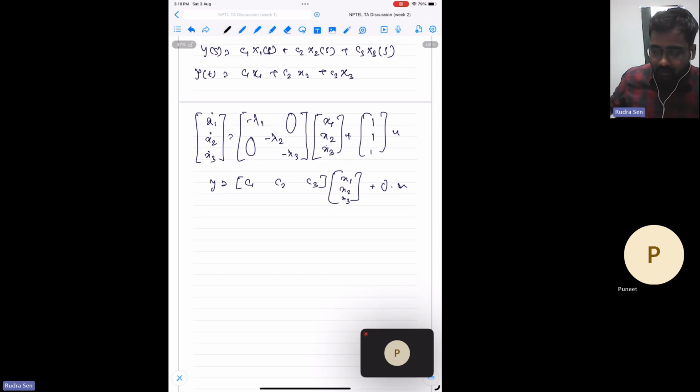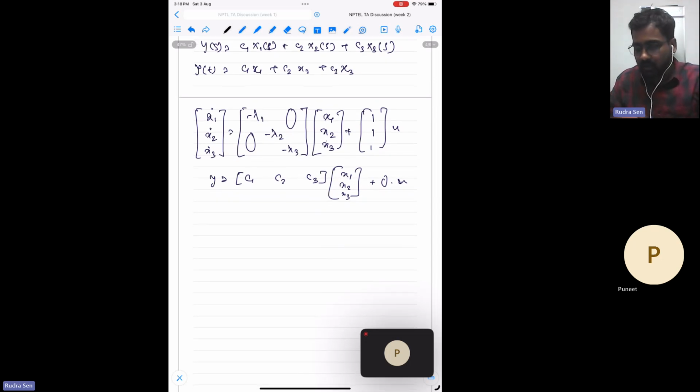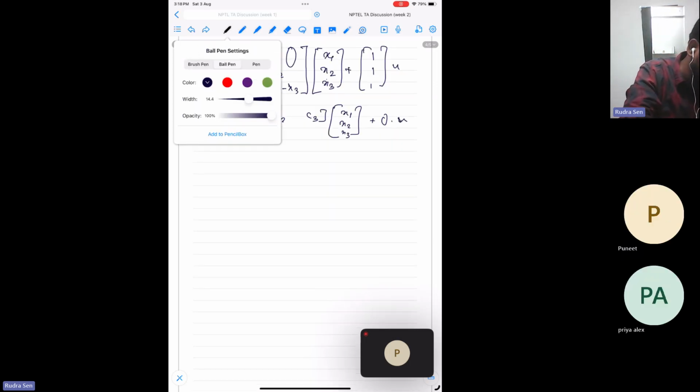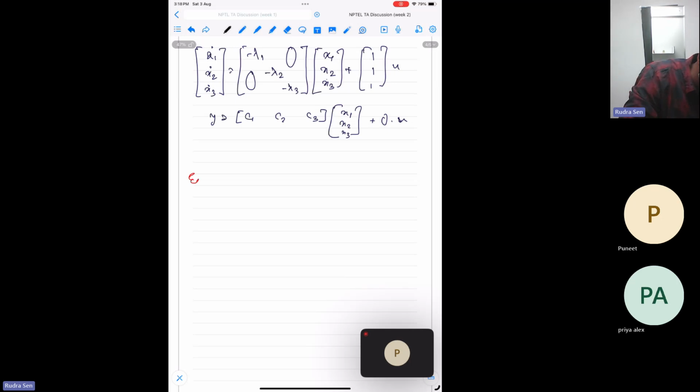So now let's do one example. The example is: consider an aircraft model. The open loop transfer function, OLTF meaning open loop transfer function,